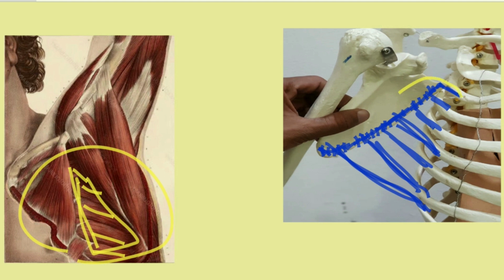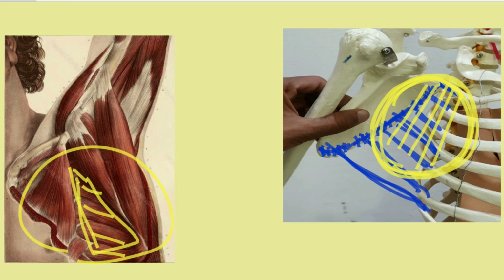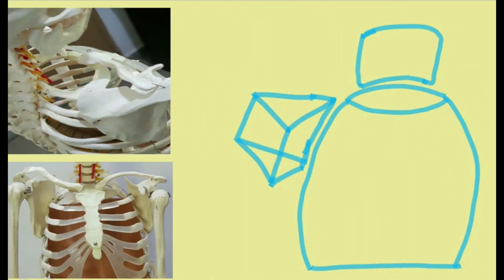Half of the serratus anterior muscle forms the medial boundary of the axilla, because axilla extends till the fourth rib. So we will not say that the whole of the serratus anterior muscle contributes to the axilla medial wall boundary. We will only say that serratus anterior muscle along with 4 ribs over the medial aspect will form the medial boundary of the axilla.